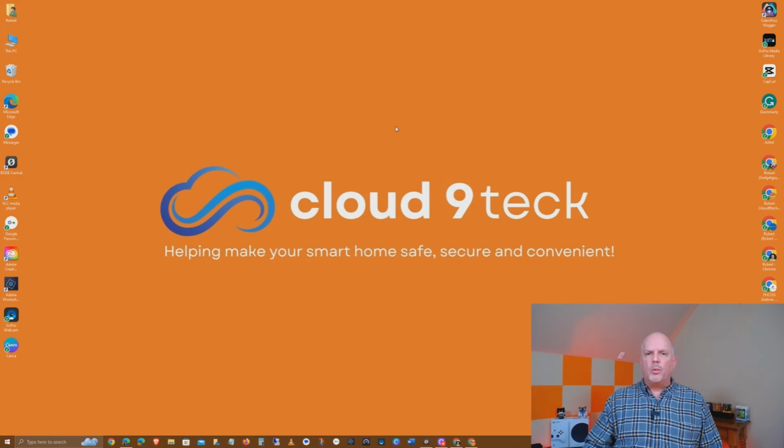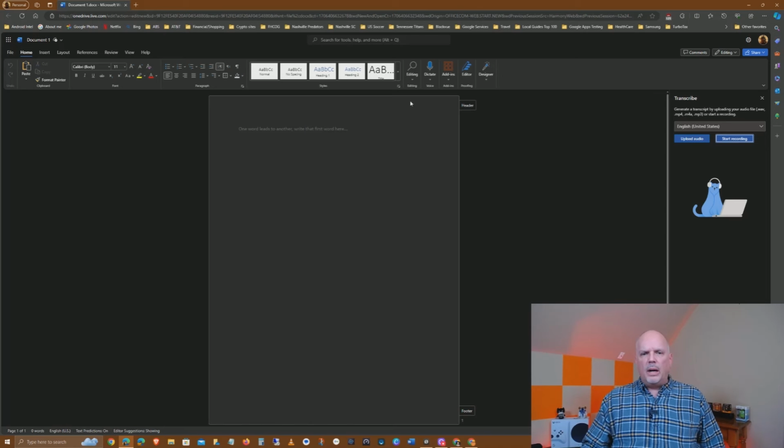So let's open up Word here and let me show you a couple things real quick, and then we'll get to the other aspects. So I'm in Word for the web right now, and you can see right here it says dictate. Well, if you click the little arrow down, you'll see where it says transcribe. When you bring this transcription window open, this is what you'll see.